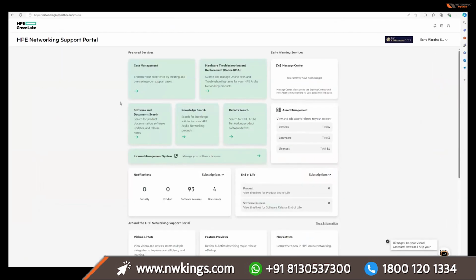Okay, so you have to go to this page, networkingsupport.hpe.com, and you have to make an account on this and log in to it. So once you log in, you should be able to see all the images available. You should be seeing a page something like this. Okay, you have to go to software document,